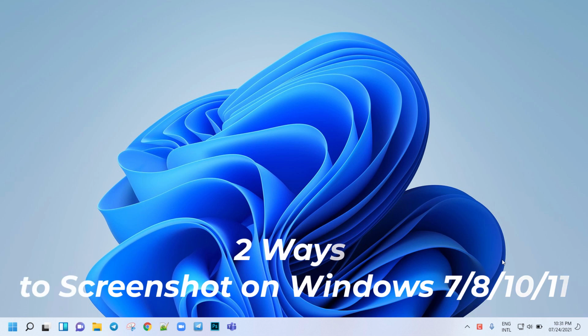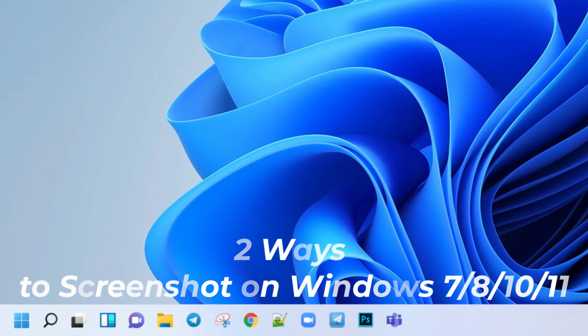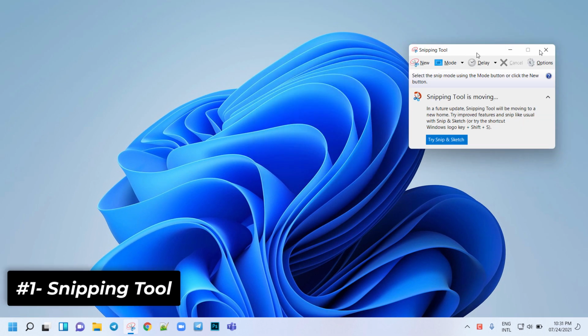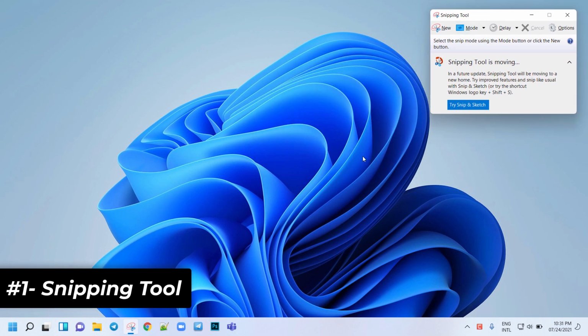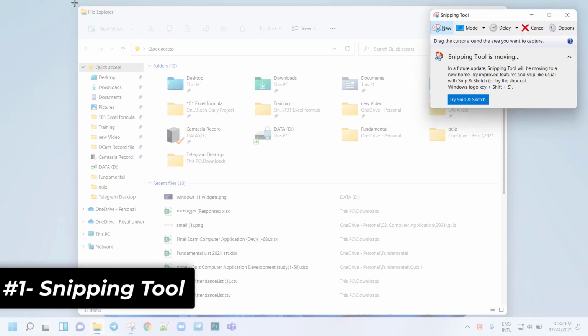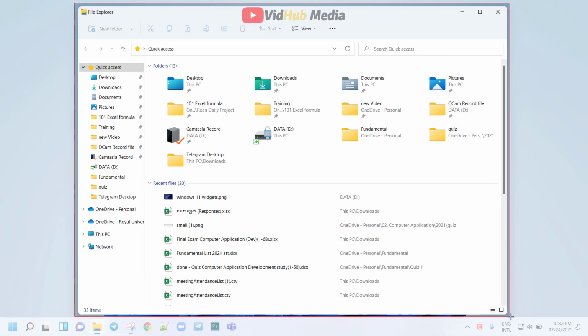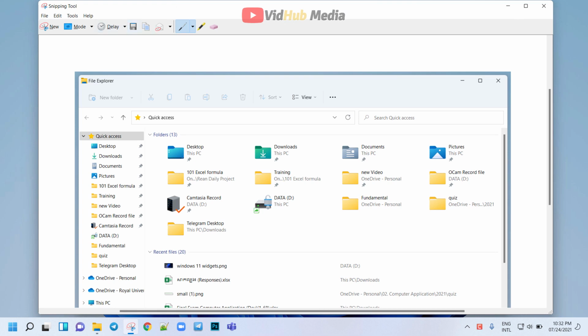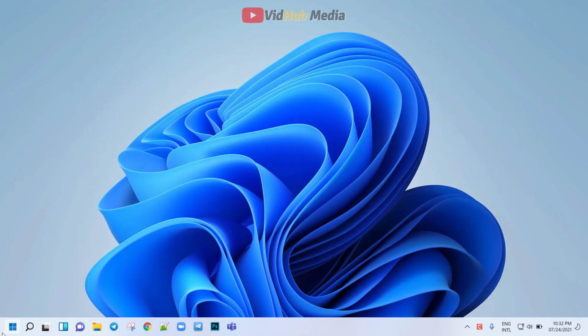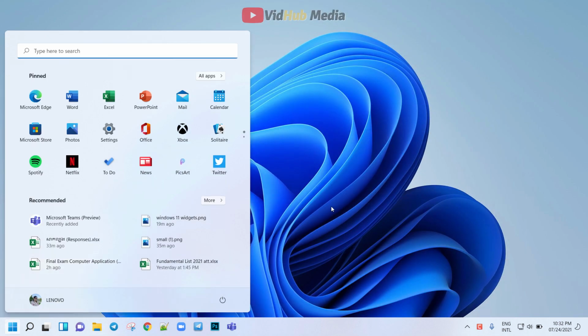Okay, let's start. To take a screenshot on Windows 11 or Windows 10 or Windows 7, we can use one software called Snipping Tool. It's a great software that comes with Windows already. So for example, I have something like this and I can click New and screenshot it like this and I can save it. But if you have something like the Start menu and you want to screenshot the Start menu for your